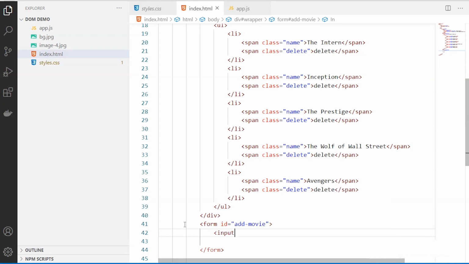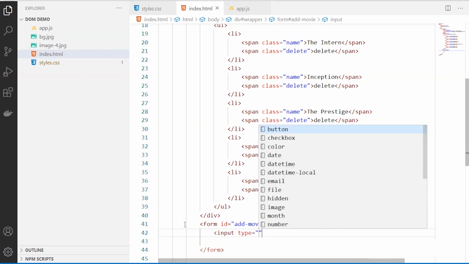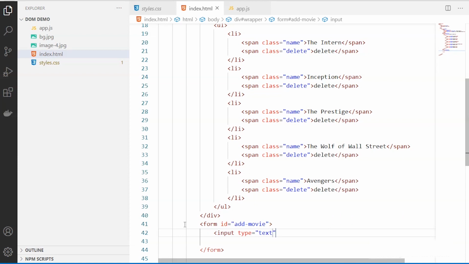So the input, the text box we will be including, so you can see the list of input elements of your HTML. So we'll be selecting text, and we can have a placeholder. It's nothing but the text, where I can specify, okay, so this should not be inside.